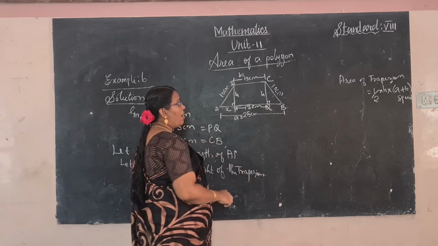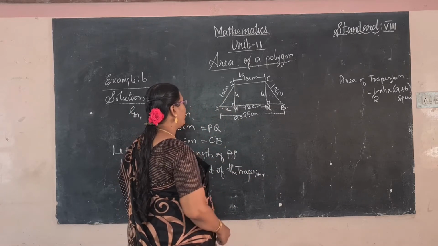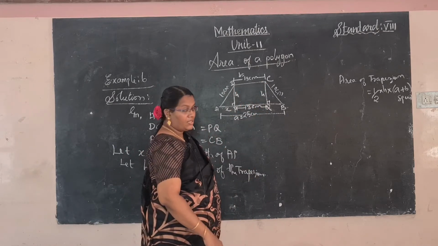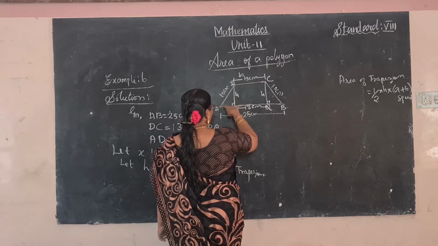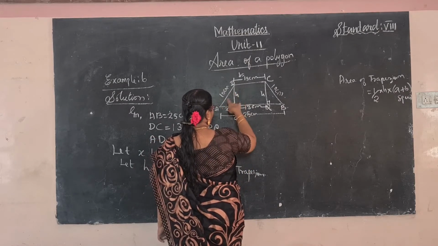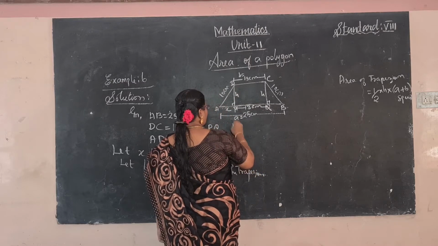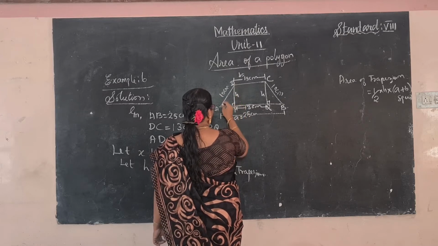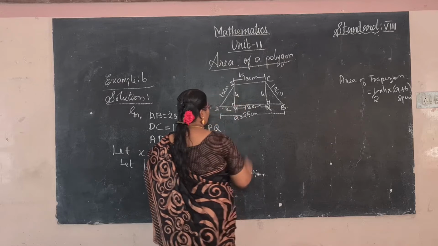Okay, now we have to find out the value of height only. So how can you find out the value of height? These two heights are the same distance. Okay, so first we use the Pythagoras statement to find out these values. Now we consider the triangle, 10 square, x, h.